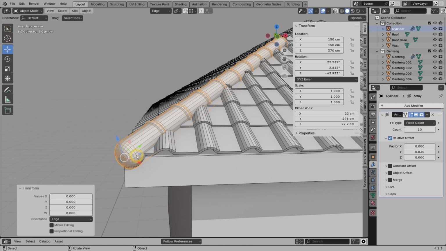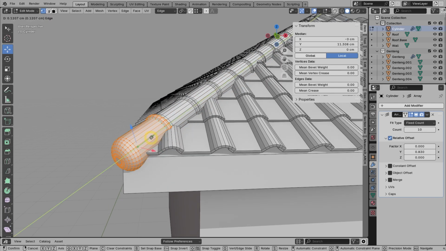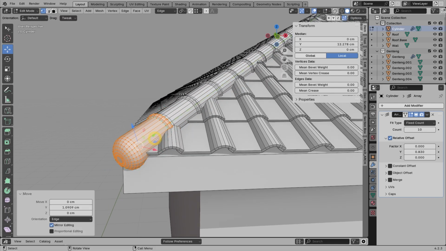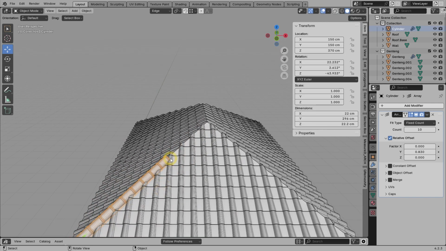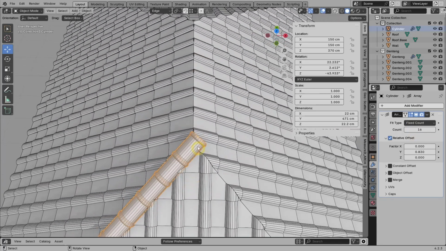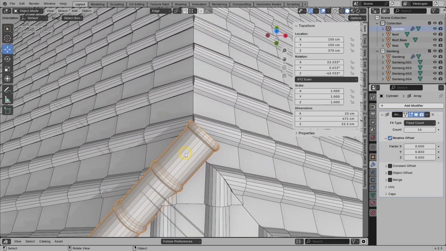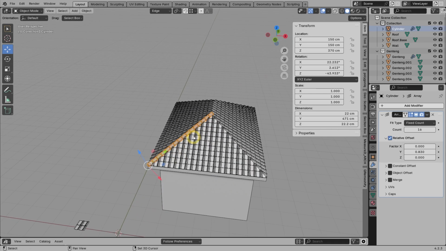If your ridge object is too deep in or too far floating out, you should adjust it again in the edit mode, not in the object mode. This is so that the origin position does not change from the corner point of the roof. If the front is good, we can increase the array number until it slightly exceeds the top part of the roof. We have to cut the ridge here, but before that, I forgot to duplicate this ridge object,